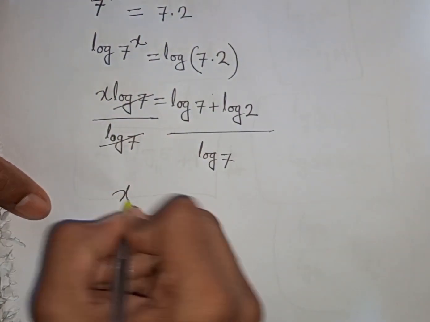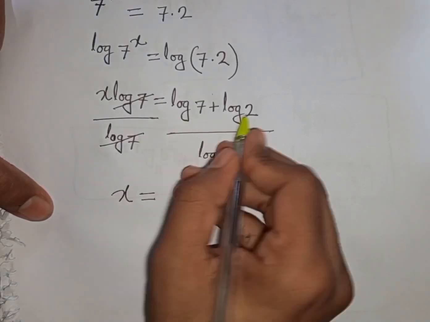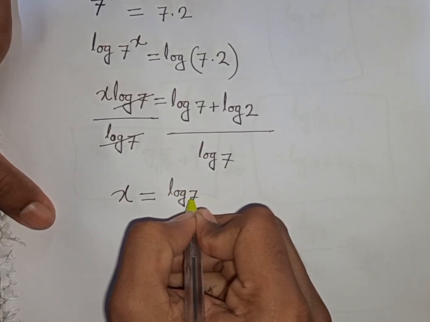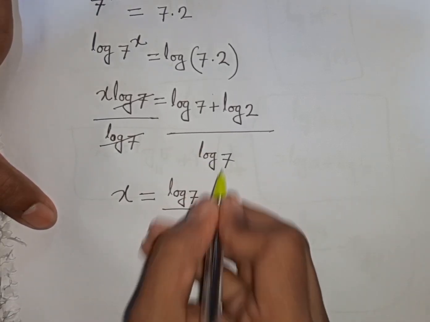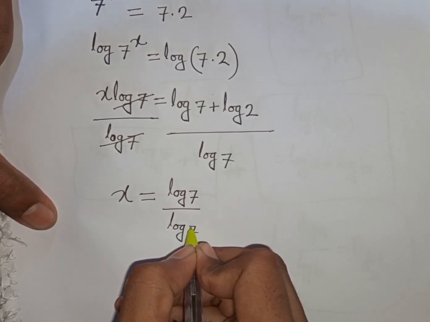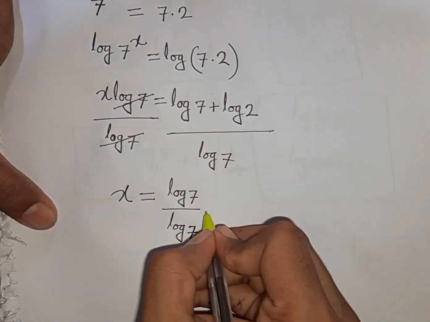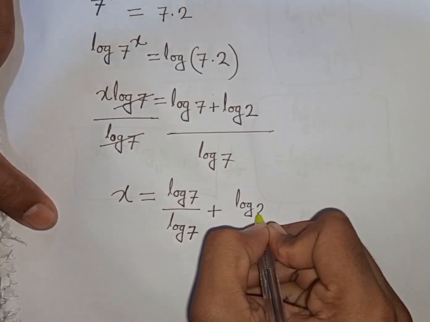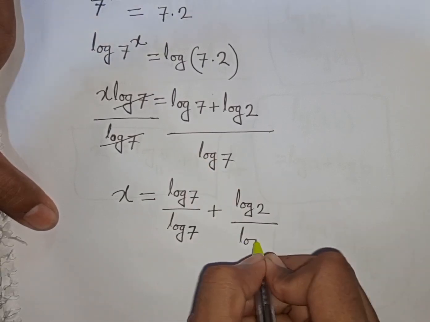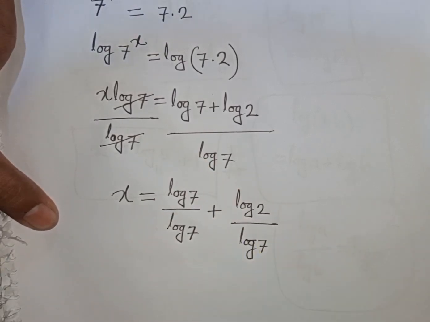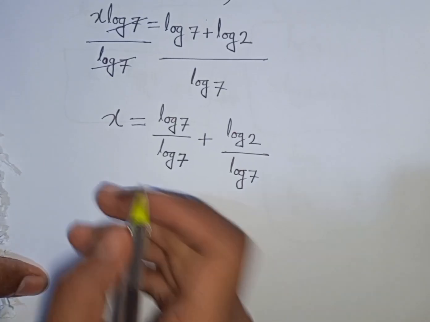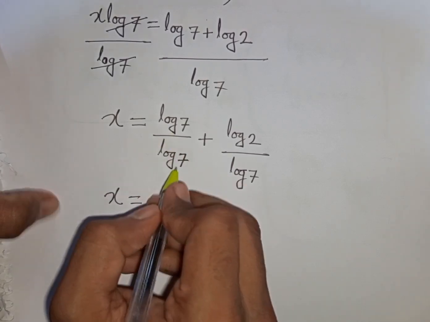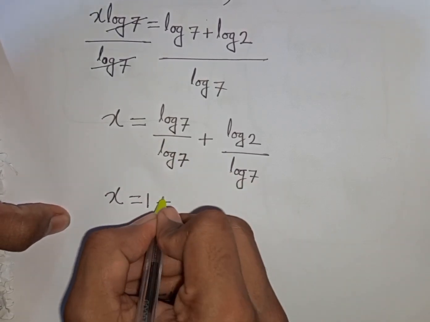Now we have x will be equal to this divided by this, that means log 7 over log 7, then plus log 2 over log 7. Now we can write x is equal to log 7 over log 7, that means 1, then plus